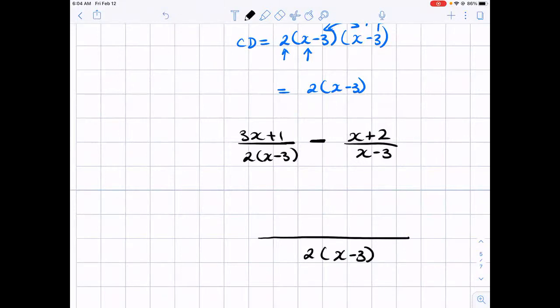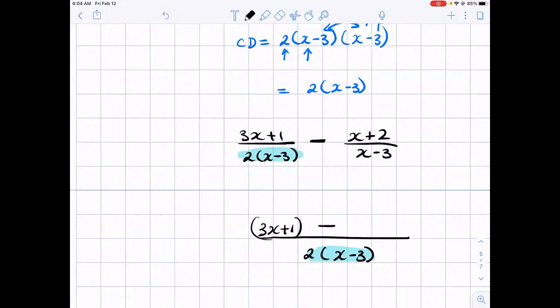Now, we do a comparison. Notice that this is the same as this. So we don't have to multiply the top by anything, or we can say we're multiplying it by 1. Minus,